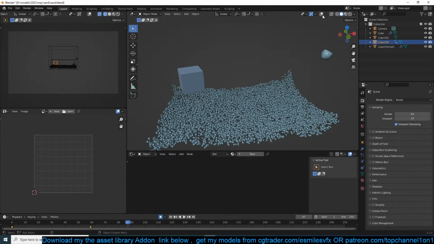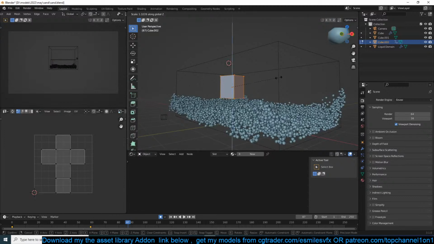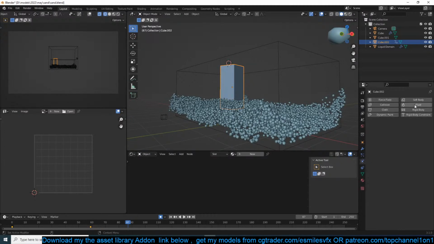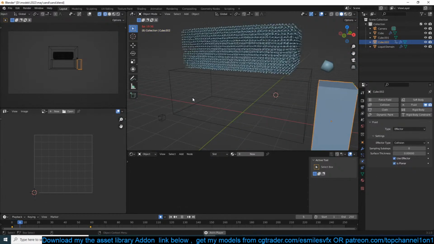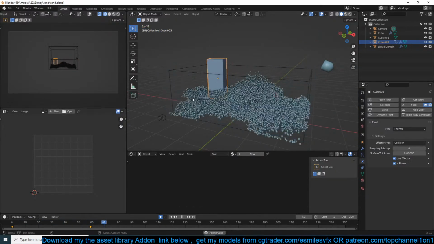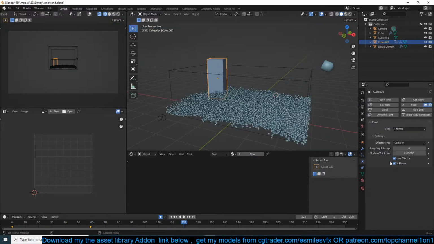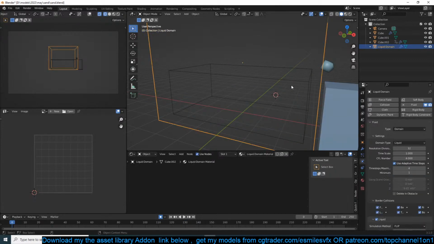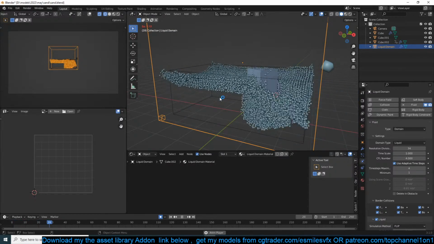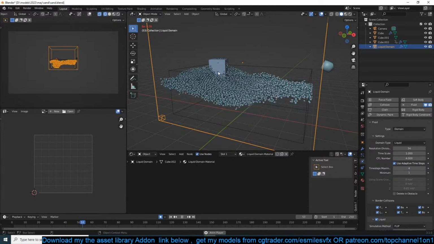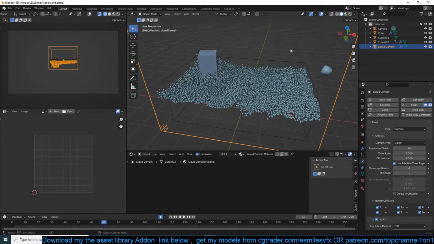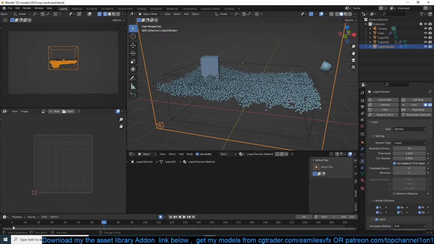So we would need to turn this into a fluid object effector. I think you have to turn on Use Planar. No? Oh, need to change. Okay, so you can see now that this is interacting with our sand. Yeah,